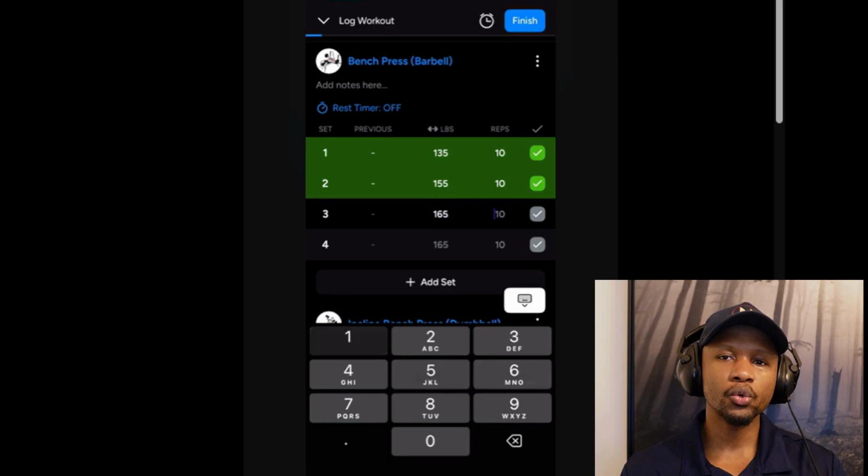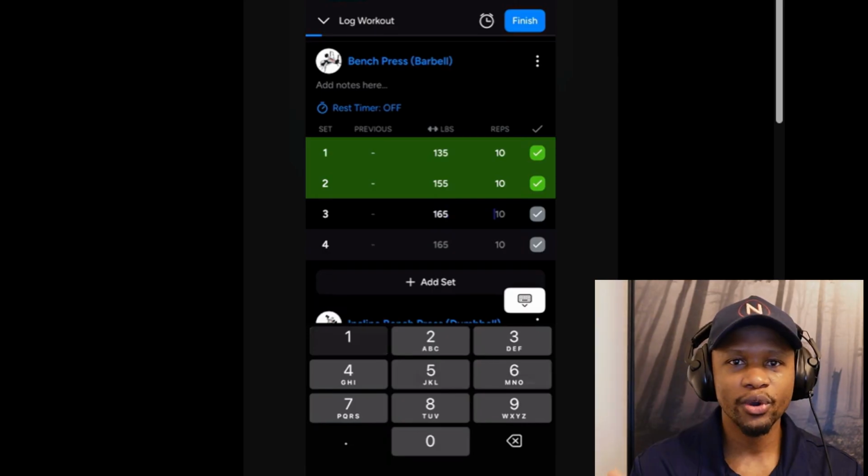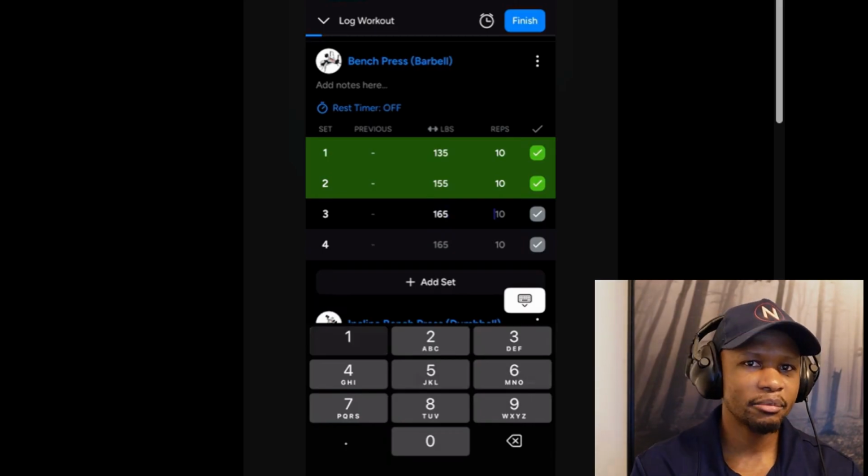As you progress, you want to be able to do the same amount of weight but also have more in reserve, which is also going to come down to how much food you had, how much sleep you had,